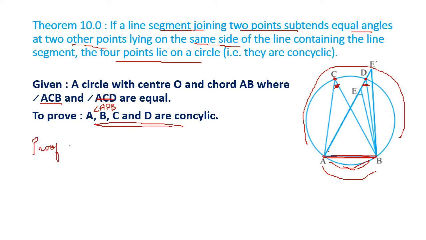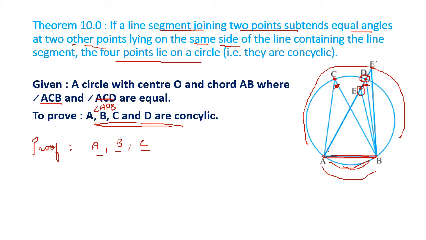Proof given is, let the circle pass through points A, B and C. Means we are just assuming that A, B and C lie on the circle, but D does not lie on the circle. So, if D doesn't lie on the circle, then the point which is on the circle can be E or E prime, whatever. If the circle is bigger than the line, the point lies inside. If the circle is smaller than the line, the point lies outside. So let us say D does not lie on the circle, but E lies on the circle.